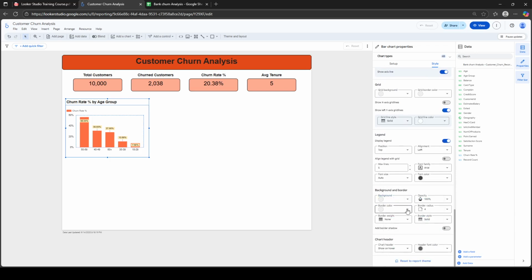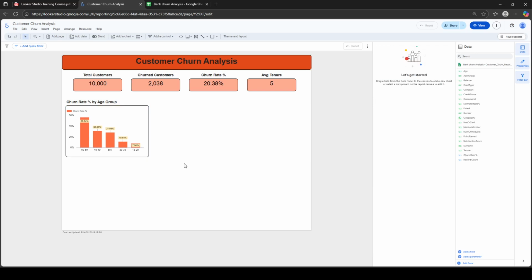border color. Let's maintain our black. We can increase the weight and also the radius. That weight seems to be too much, so let's reduce it. I think that's better. Yeah, that's better. So as you can see now, we have the churn rate by age group, and then now we can add